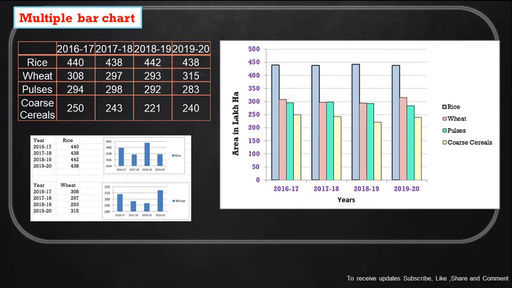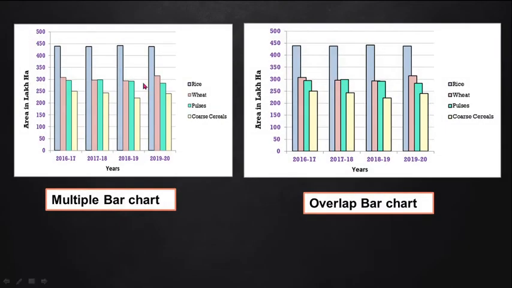Now, similar to the multiple bar, we can reduce this space by using overlapping. So, this is called an overlap bar chart. We are just overlapping another category on the one. So, this is the overlap bar chart. Now, we will see this